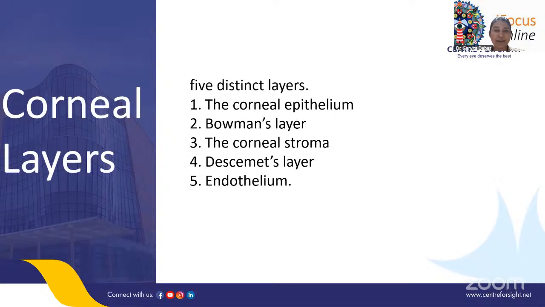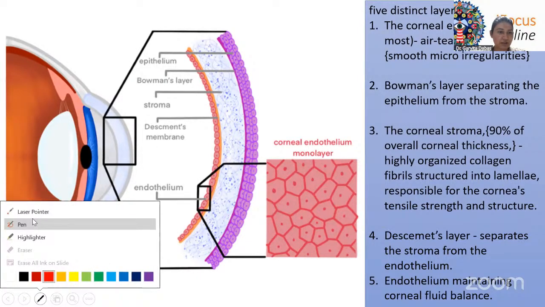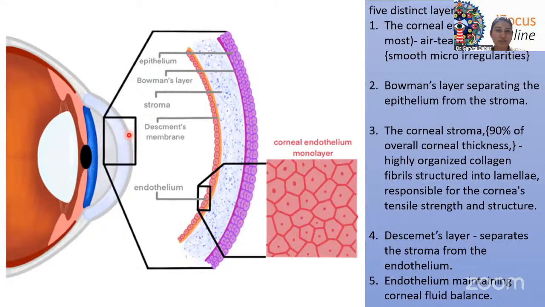So the cornea has 5 distinct layers: the corneal epithelium, the Bowman's layer, corneal stroma, Descemet's, and the endothelium. So the first is the corneal epithelium, which is the outermost layer present here. I'll just bring my marker out. Yes. So this is the outermost layer, which forms the air-tear interface, and it helps to smooth out the micro irregularities of the corneal surface, followed by Bowman's layer, which separates the epithelium from the stroma, followed by